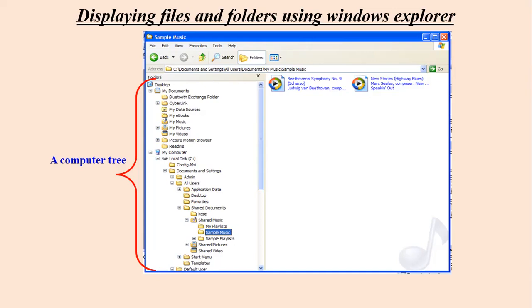This computer tree can either be vertical or diagonal or horizontal based on how you want your screen to appear. But simply, because this image will depend on the Windows that you are using,